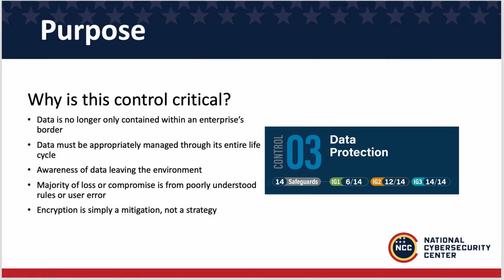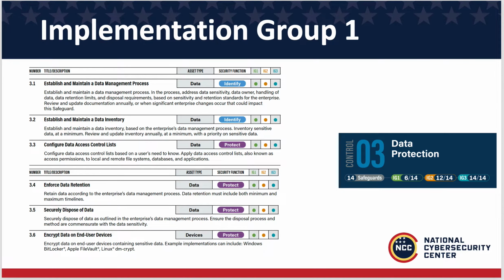These different controls can help with data loss, and in addition, making sure that only the people that have access to it are seeing that data in the clear or in clear text. So implementation group 1, you have a couple of controls here. You need to have a process. So this is more related to policy and written policy than things in action. So having a process, having an inventory, and then access control lists for different types of data,